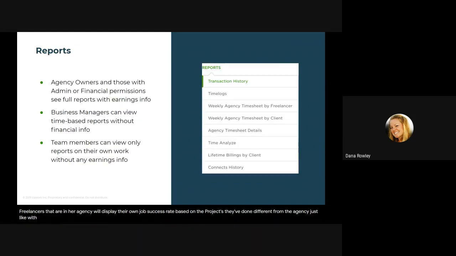Just like with individual accounts, there are varying reports you can run, all with different levels of earnings info, depending on role permissions. So agency owners and those with admin or financial permissions can see full reports with earnings information. Business managers can view time-based reports without financial information, and team members can view only reports on their own work without any earnings info.